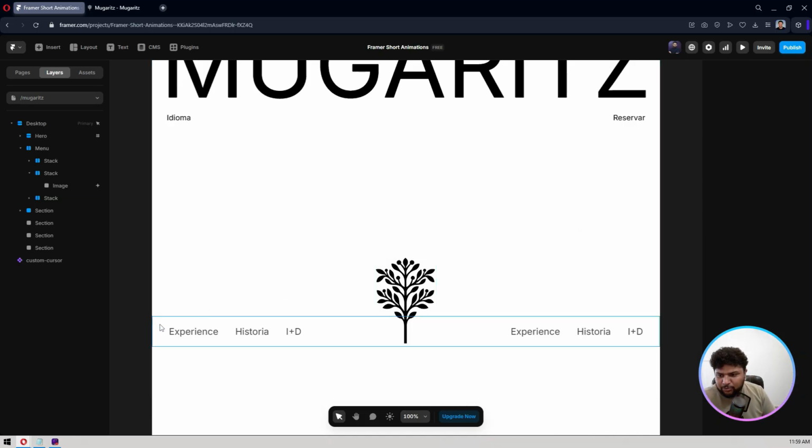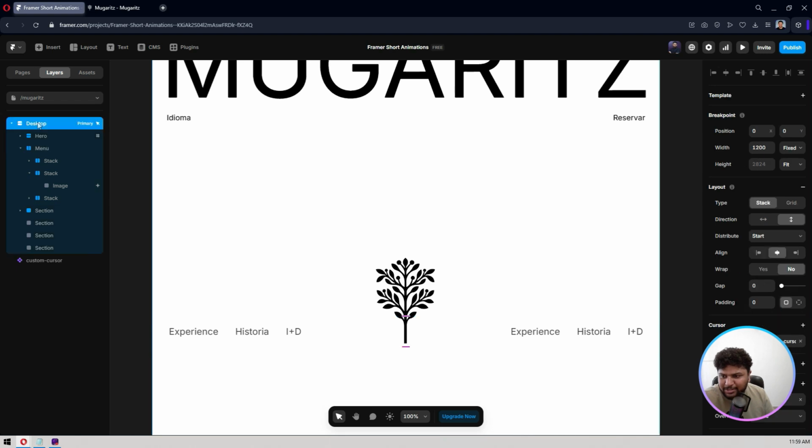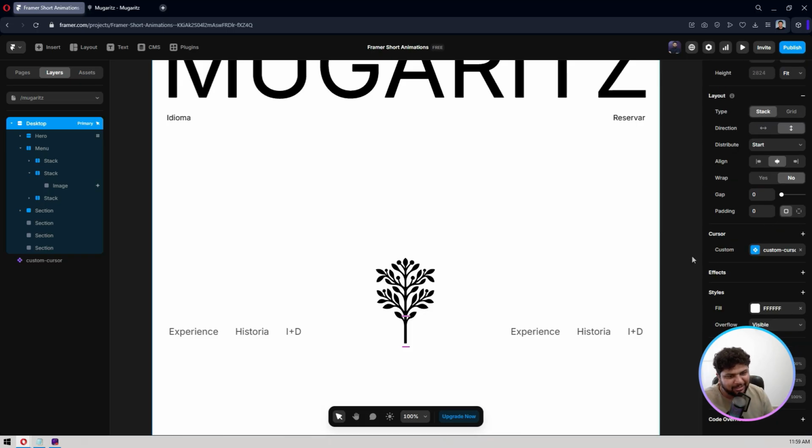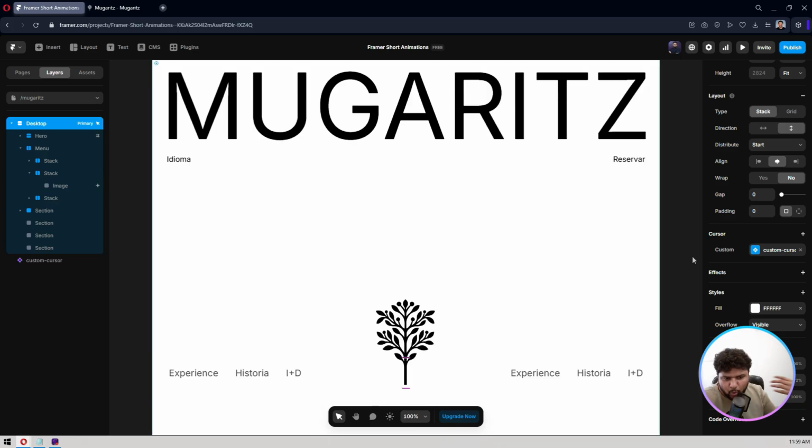And what I did for this menu, I'm using a sticky animation here. The position type is sticky, and from the top, it's leaving 20 pixels of space from the top side. And I'm not sure if you know how to create this sticky one, but it's very easy. You have to make the parent elements visible to make it stick at the top of your item. And it was very easy to create this one,